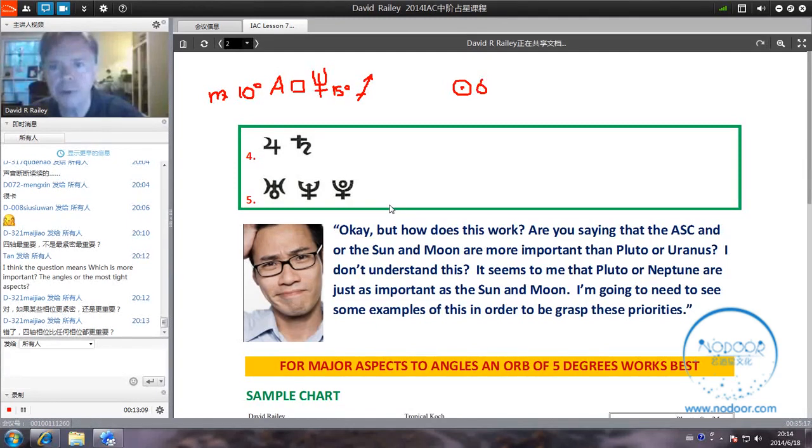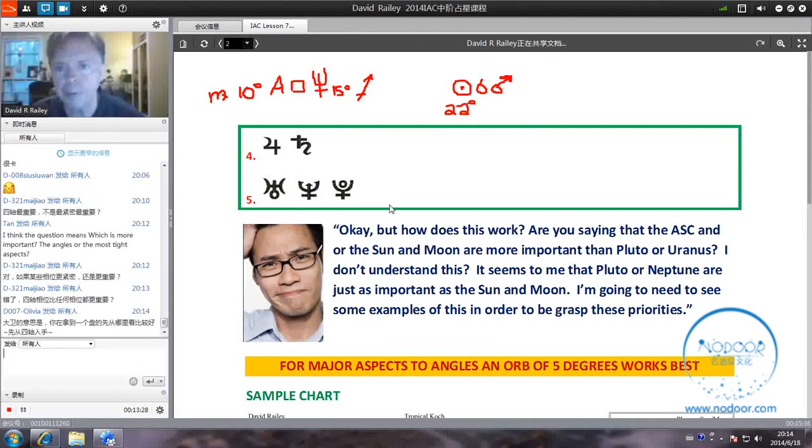conjunct Mars, and let's say the Sun and Mars are within less than a degree. So let's say the Sun and Mars are both at 22 degrees of Aries, 白羊座。那同样的这个人呢，他的太阳和火星是紧密合相在白羊座22度。